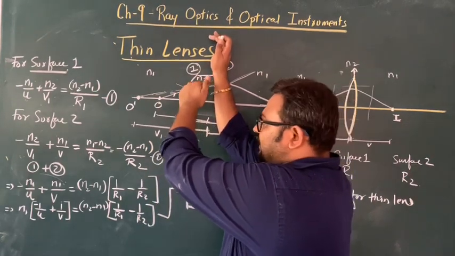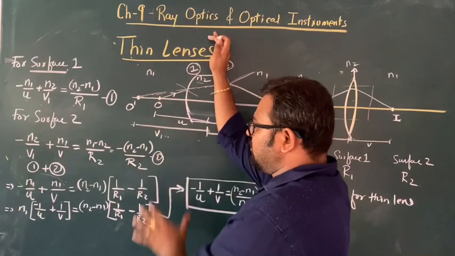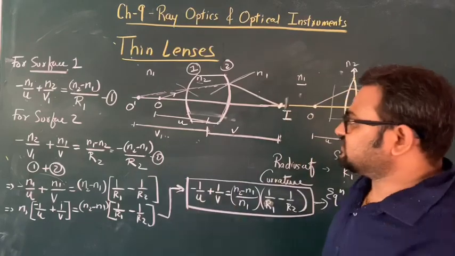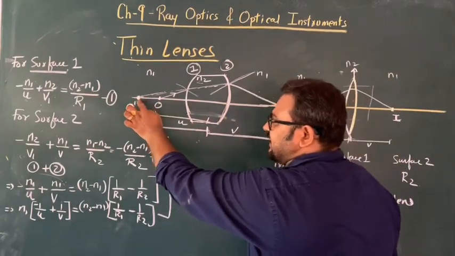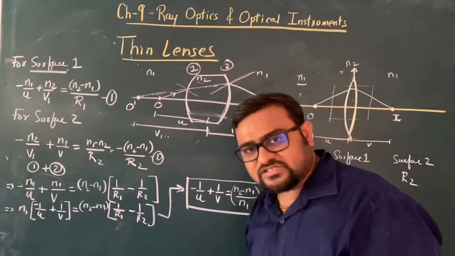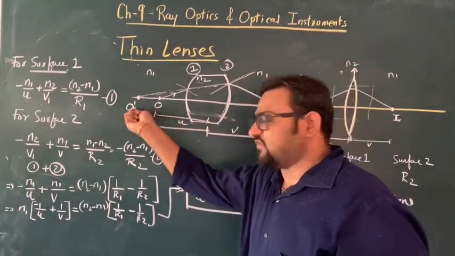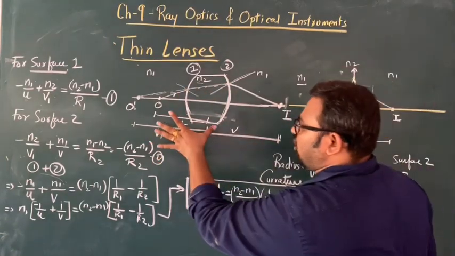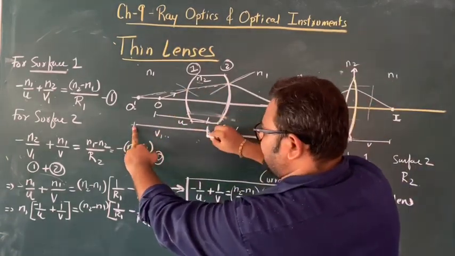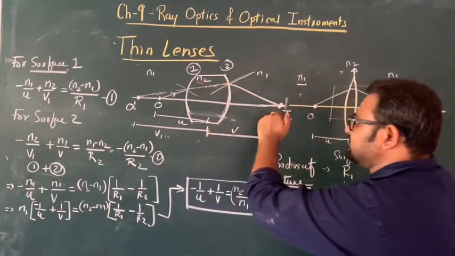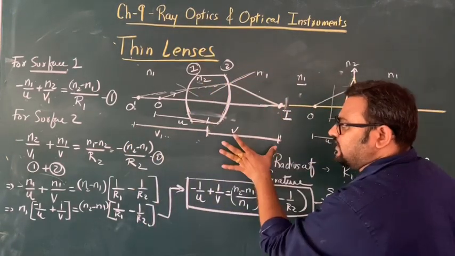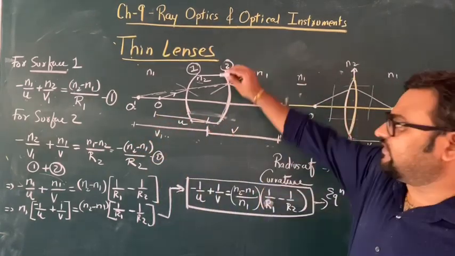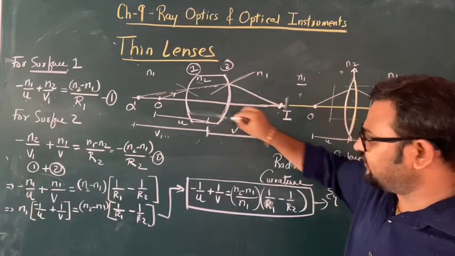Remember that when you are taking only this surface, it is diverging, so it will not meet, so we'll extend it back and the image is obtained here. So object distance u, image distance v1, and r1. Now for the second surface, the image formed by the first surface acts as the object for the second surface. So the object distance is v1, and the image formed here is bent away from the normal. So object distance v1, image distance v, and the radius of curvature for the second surface is r2.